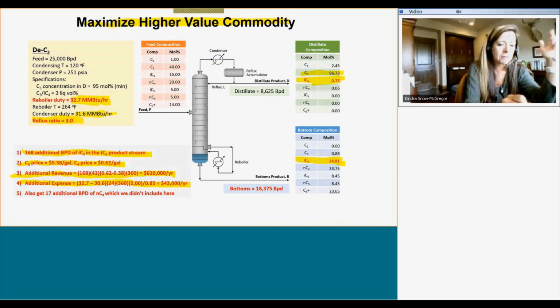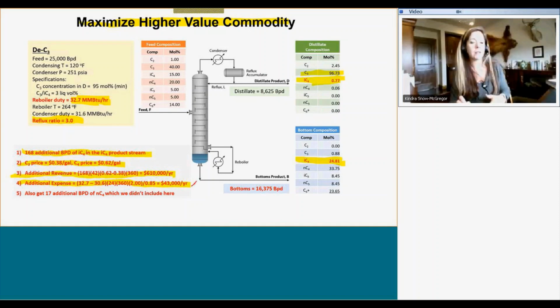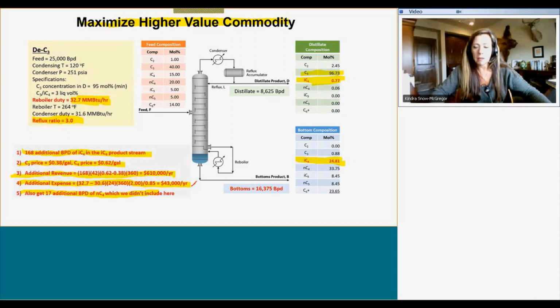Previously, it was roughly 31 million BTUs an hour. So I have to pay for my higher reboiler duty. So you can see that's going to cost me $43,000 per year, but the other benefit is that I get an additional 17 barrels per day of normal butane, which we didn't include in the analysis here. And so with that said,